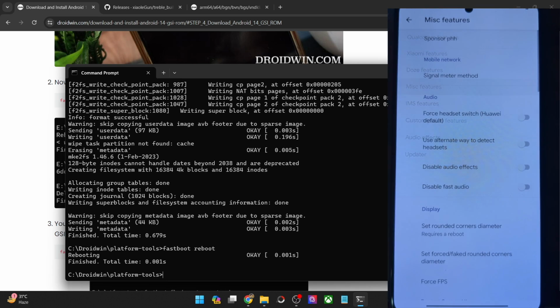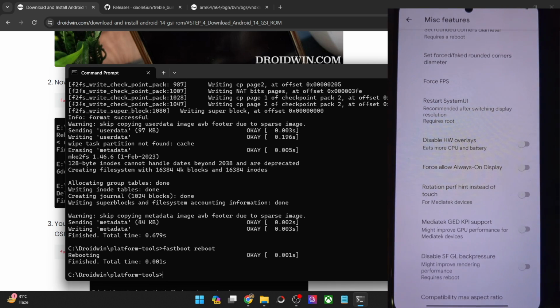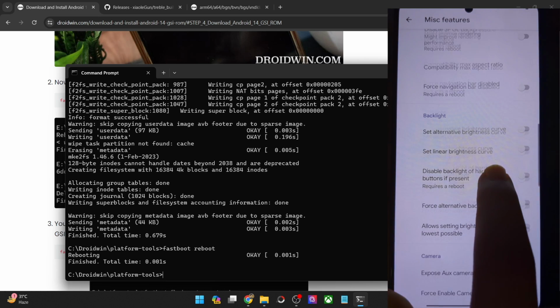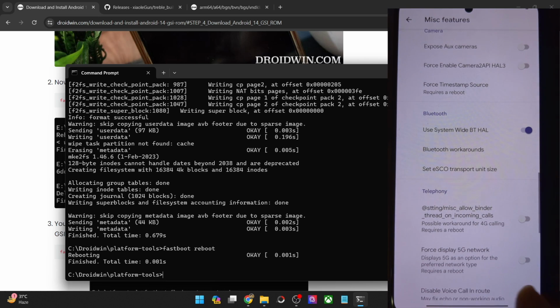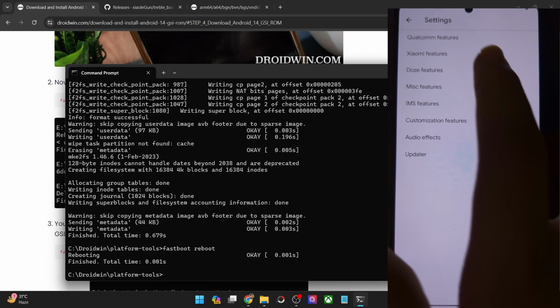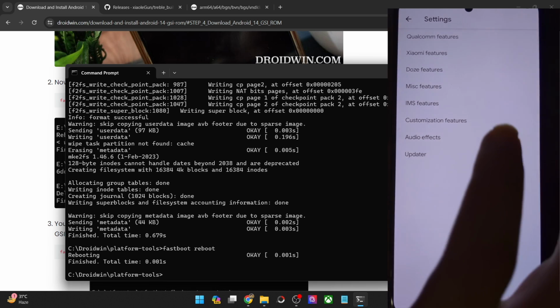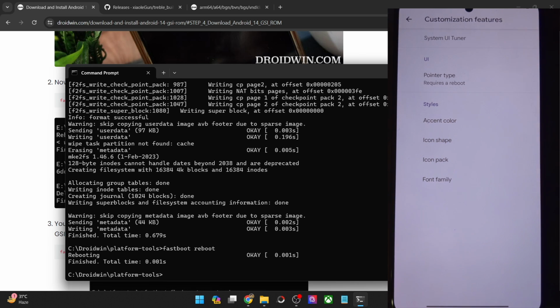Apart from that, a few miscellaneous tweaks are also there. These are some advanced level tweaks, so make sure that you know very well beforehand what you are getting into, or it might lead to a few issues. As you could see, there are quite a lot of advanced tweaks for you to check out. Then you have a few IMS features. So if the IMS network or modem is not working as expected, you may carry out this tweak to rectify the issue. Then customization features.